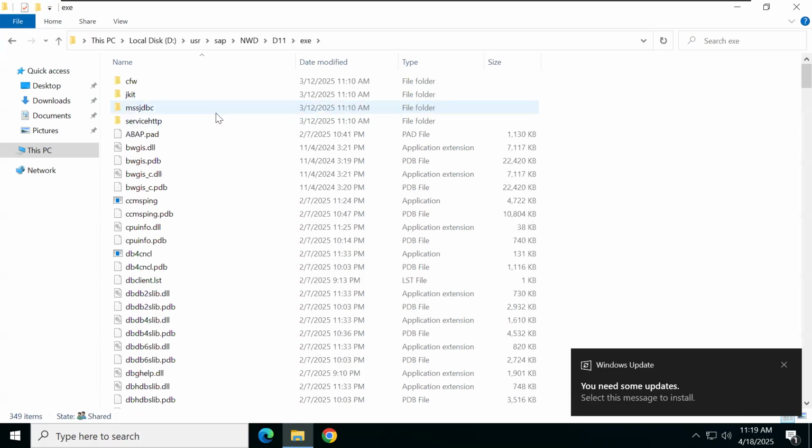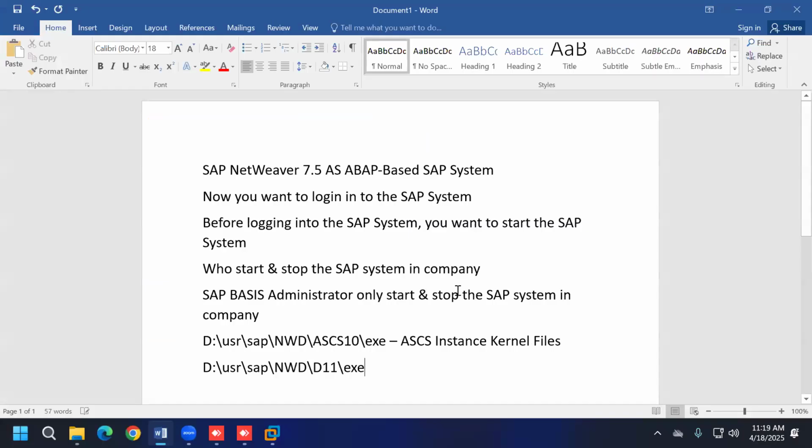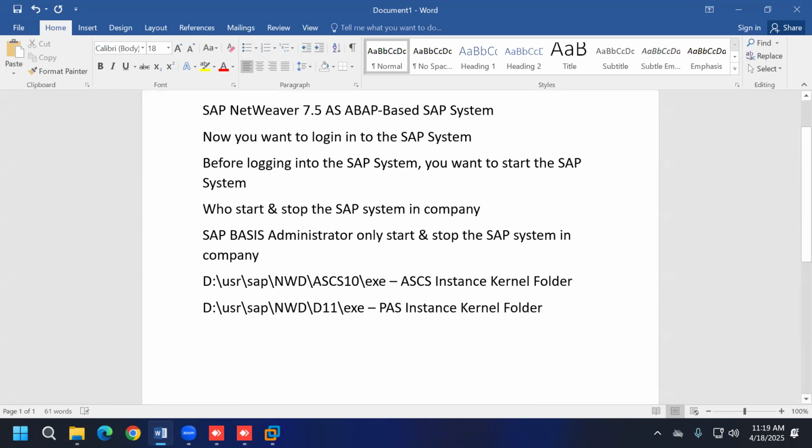Here also, you have the primary application server instance kernel directory. Primary application server instance kernel files. In this exe folder, the kernel files are available. You call it a folder or you call it a directory. Now here, another important point is